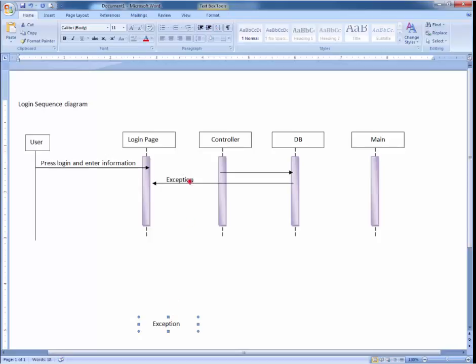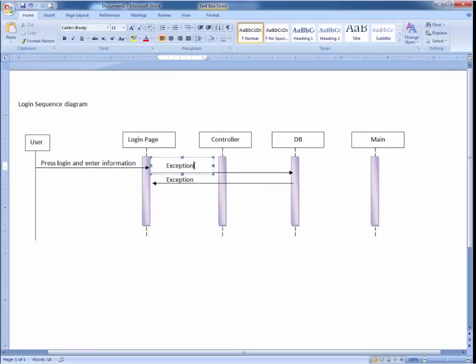You can say this is input data, and it goes to the controller, and the controller will send the data to the DB and confirm over here. If there is some exception, the exception will return to the login page, to the user.